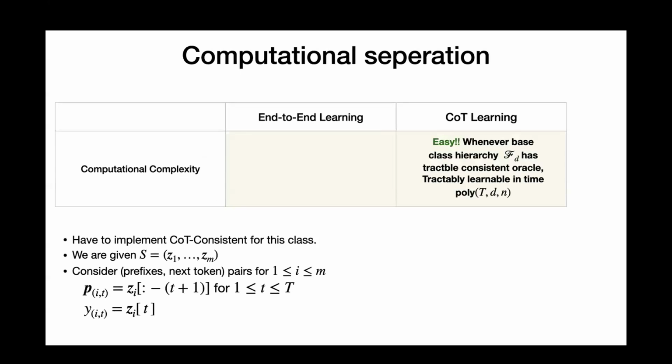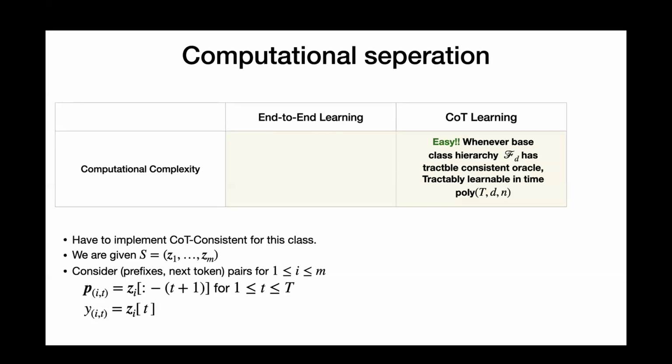So let's talk about the computational complexity of COT learning. An attempt here is again going to be to capture the complexity of learning in terms of the property of the base class. In the realizable case, when your supervised learning problem is tractably learnable, the gold standard is that your base problem has a tractable consistency oracle. And of course, I have to get into issues about input size and the size parameter of my concept class, which I will not try to formally define here. But the point is that if your base class has a tractable consistency oracle,